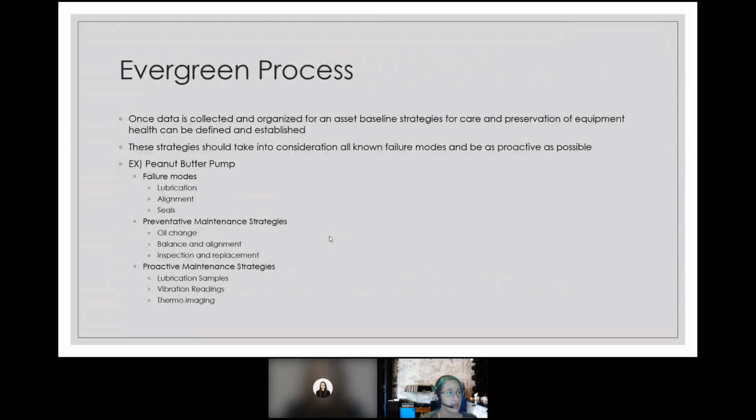So once the data is collected and organized for an asset baseline strategy for care and the preservation of the equipment, you can make your strategies. And I keep talking about strategies because ultimately that's how it ties into reliability, right? So you have to have a plan in order to get ahead of the failure for your asset, therefore managing its equipment health. And you do that by,